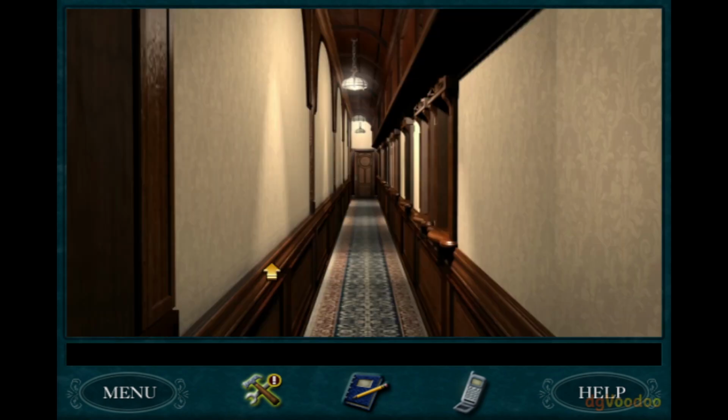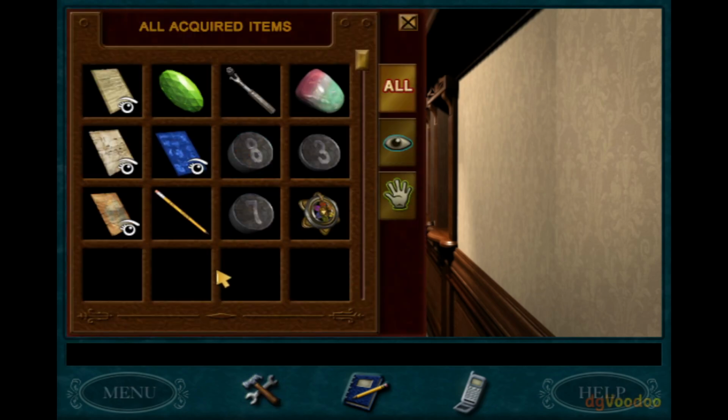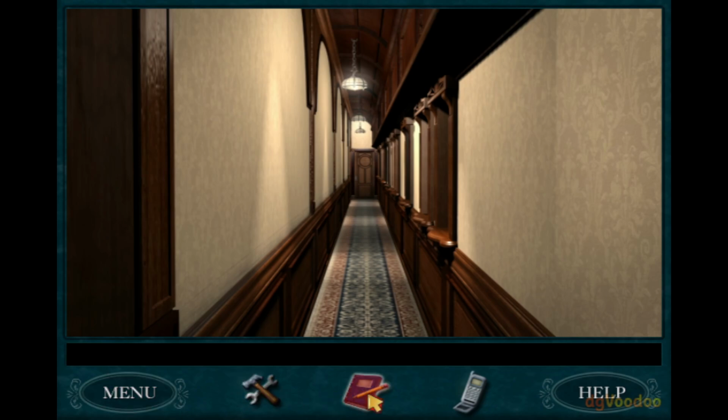We've got the square now, but I don't think that's enough. Can this be used on anything? What do we have in the...